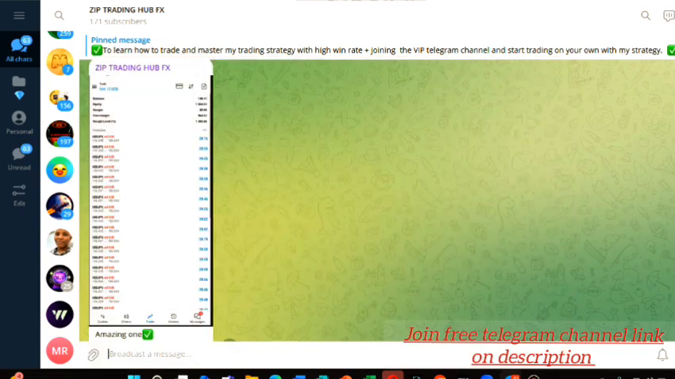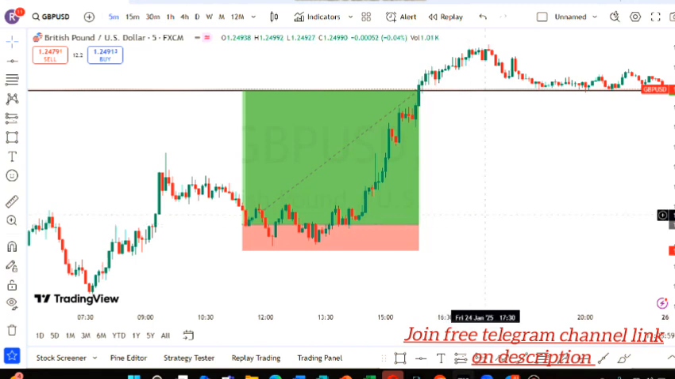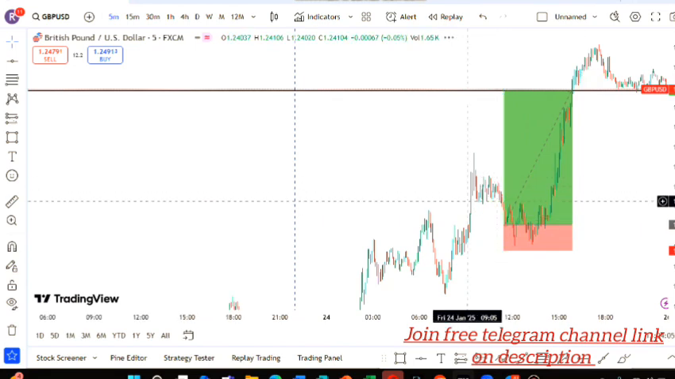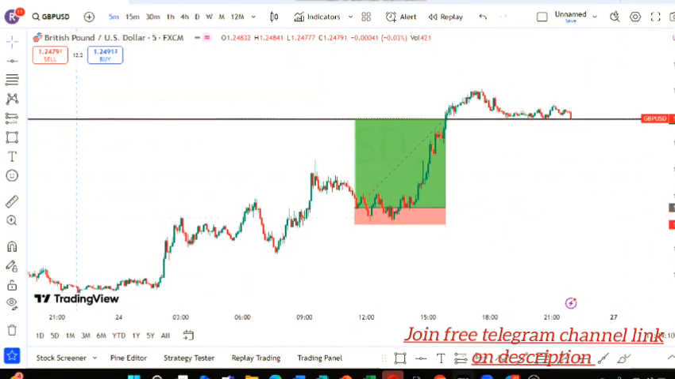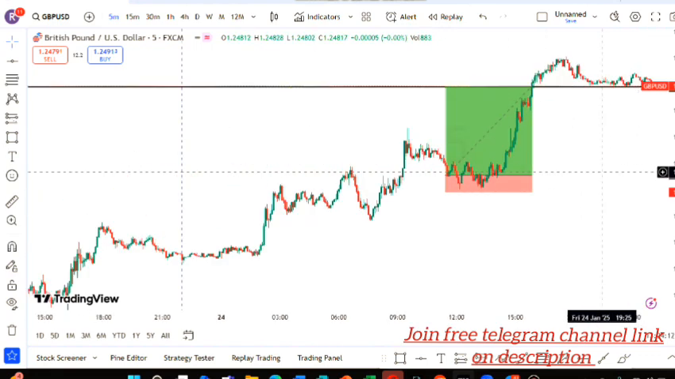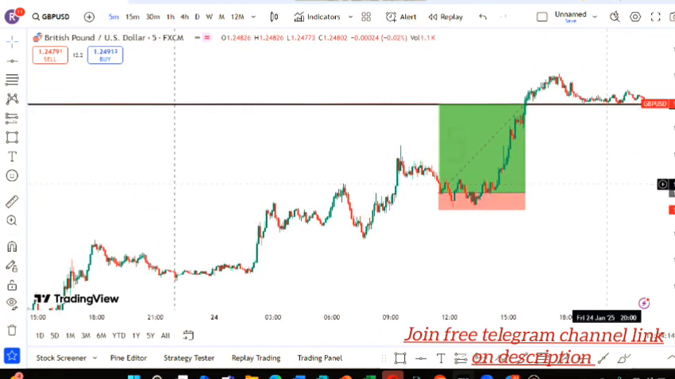So let's go. This is a trade on GBPUSD, as you can see from your charts. I'm going to do a small market analysis. We got this trade together with a USDJPY trade. So guys, before I start this analysis,